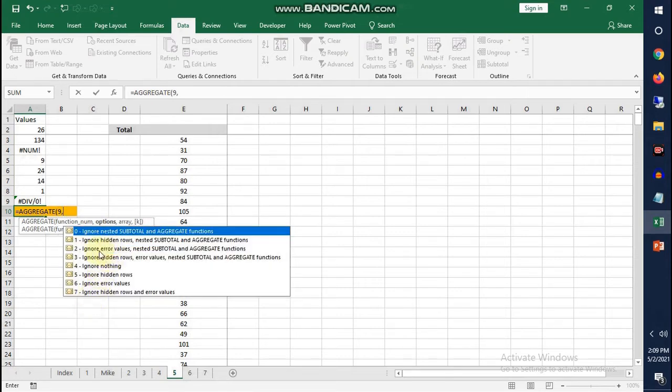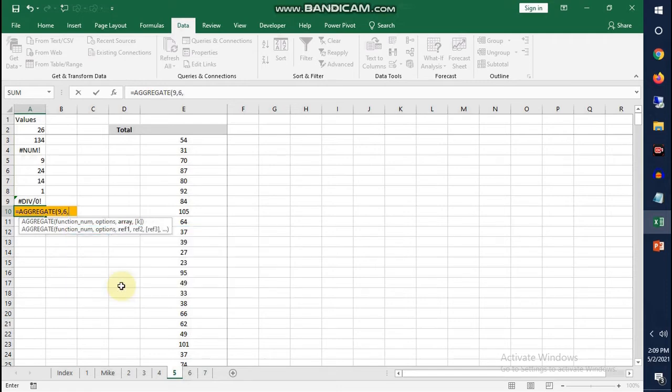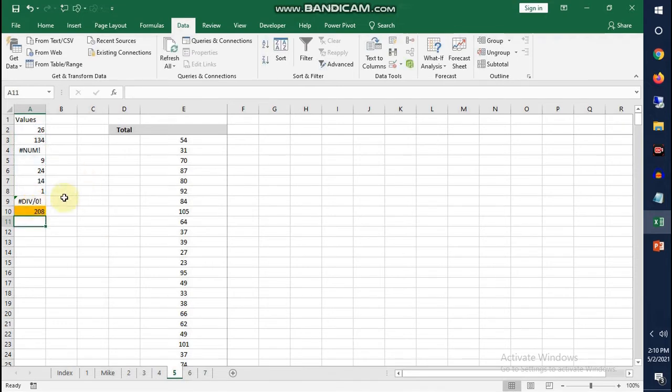What condition do I have to pass here? See, the 4th option is ignore nothing, the 5th is ignore hidden rows, and the 6th is ignore error values. So I'm going to use the 6th, which is ignore error values. So 6, comma, now I have to pass the range. So this is my range. I selected it and bracket close, enter.